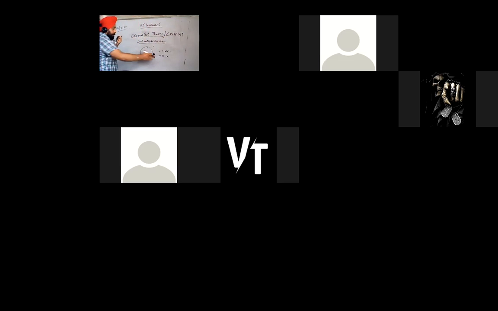Crisp set, because just see this diagram. This point is outside the circle? Yes, 1. You have the crisp value of yes or 1. If the point is here, is this outside the circle? You say no. You have the crisp answer, or 0. No, it is not outside the circle. So you have the crisp values 1 or 0. So classical set theory has 2 crisp values, binary values, either 1 or 0. An element can become a member of a set fully, or it is not a member of a set. So the answer will be 0 or 1.